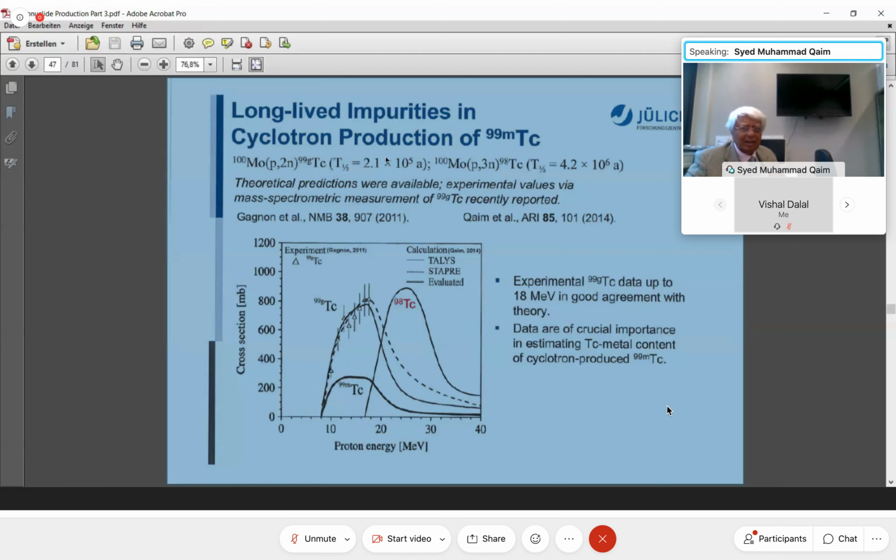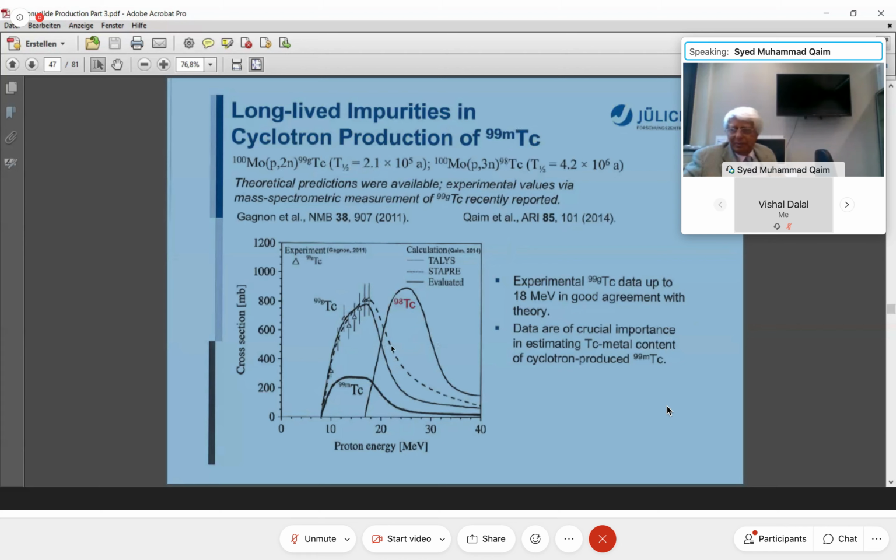So these are the 3 major drawbacks for technetium-99m production through cyclotron. Firstly, it is more demanding and will be more expensive, and the yield is low. Secondly, the impurity technetium-99g will be 4 times higher, and some impurity technetium-98 will also be there if the energy is 20 MeV or more. All these points have to be considered.